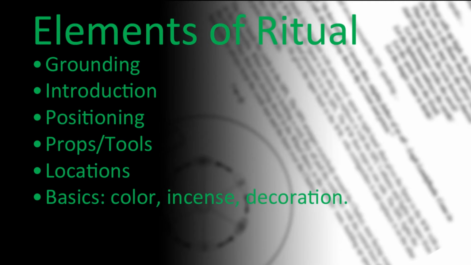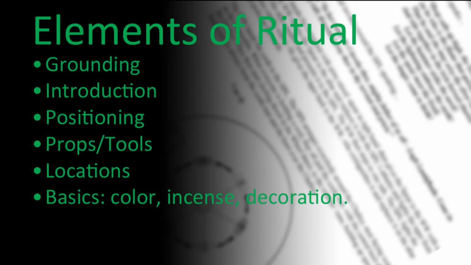Next thing is props and tools. For example, the spring equinox, the important props are a chalice, a spear, and cords. So you want to think about what props. Is somebody going to be holding a chalice? Is somebody going to be holding a sword? Is somebody going to be holding a wand? Is somebody else going to be holding a book or what? So you want to take that into account. If that is an element in your ritual, you want to think about that, and definitely the day of the ritual, definitely bring that prop.